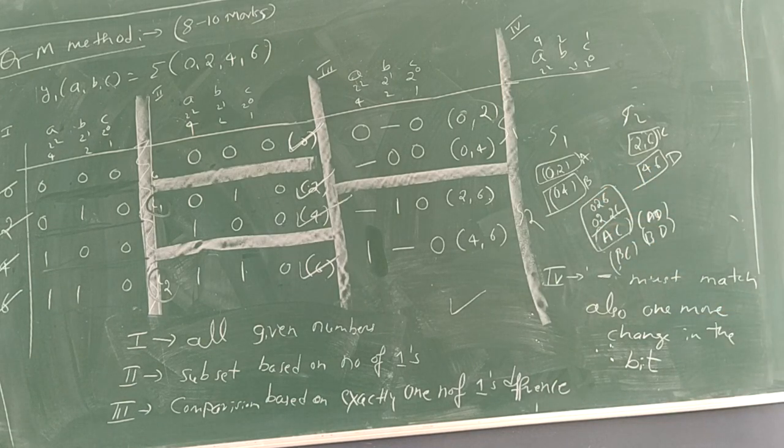Is it clear? Okay. What about A into D? A means 0 2, D means 4 6. Hence, total A into D means 0 2 4 6. Similarly, what is B meaning? 0 4. C meaning 2 6. So what is B into C meaning? 0 4 2 6. Okay. So what is B into D definition? 0 4 4 6. Okay.